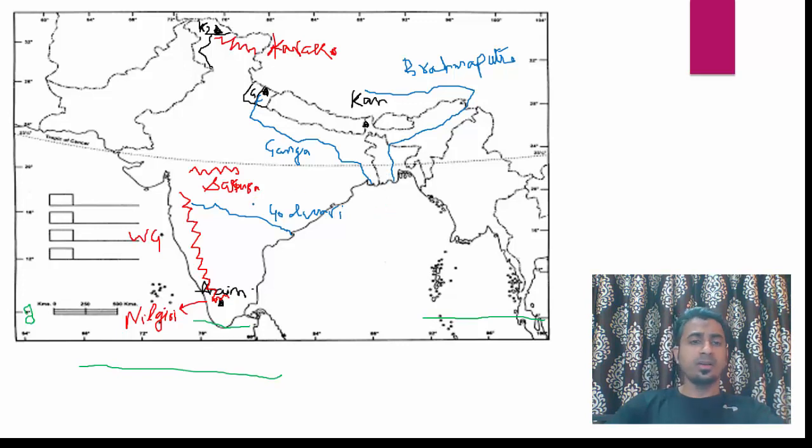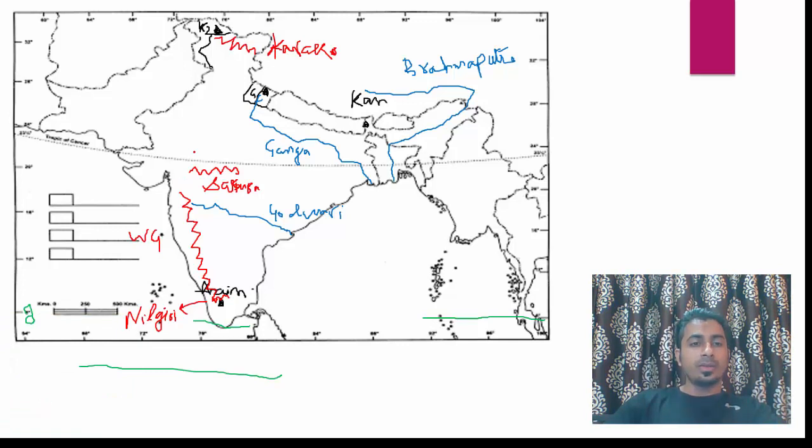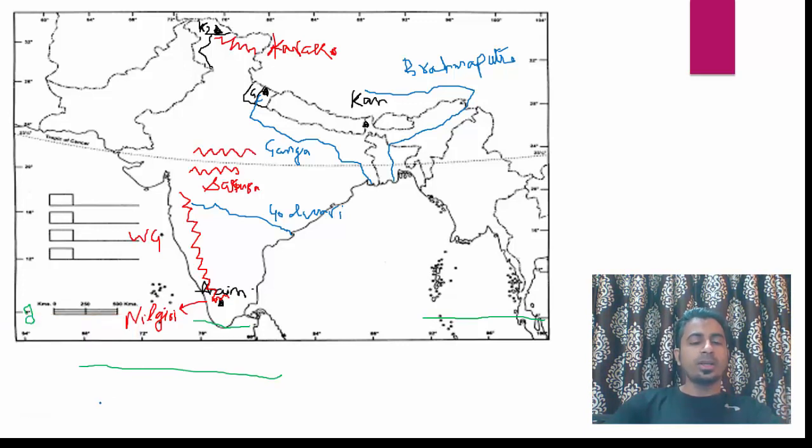Now we have one river remaining, which is Narmada. For understanding Narmada, I will tell you one more mountain range, which is Vindhyas. So Vindhyas are a mountain range in Madhya Pradesh like this. In my previous class, I told you about block mountains. In between the block mountains there is a rift valley, and in the rift valley the river flows. So in this case, Narmada flows through a rift valley.